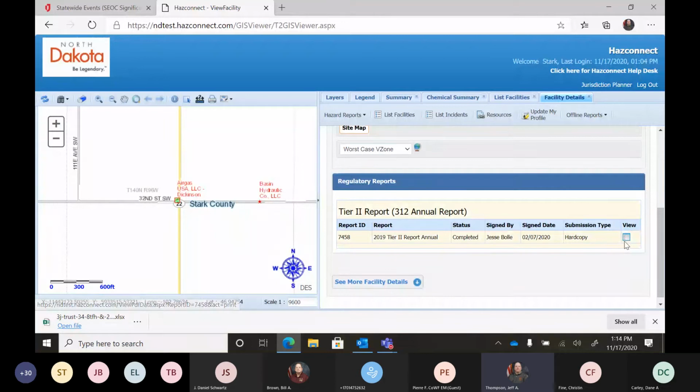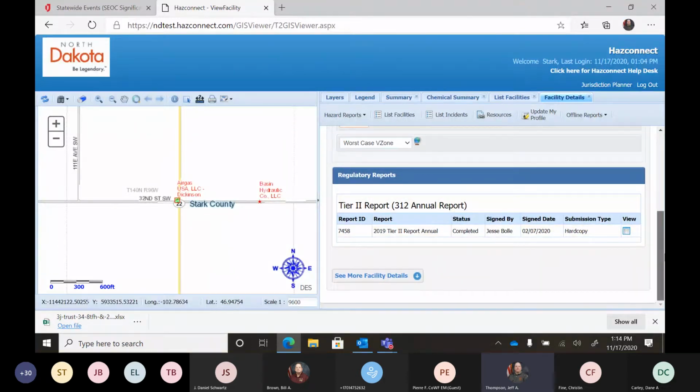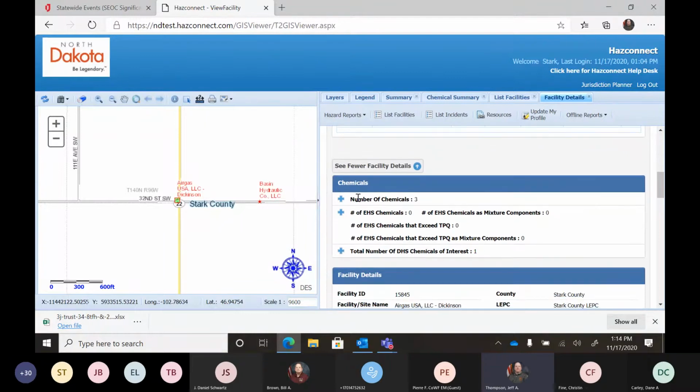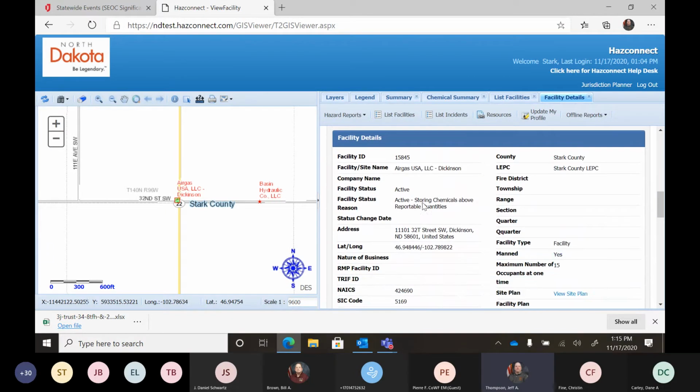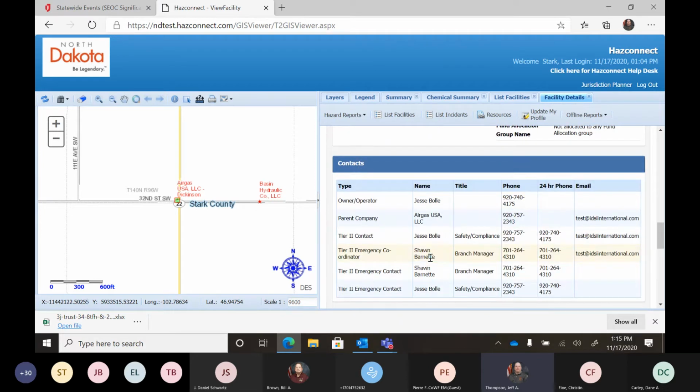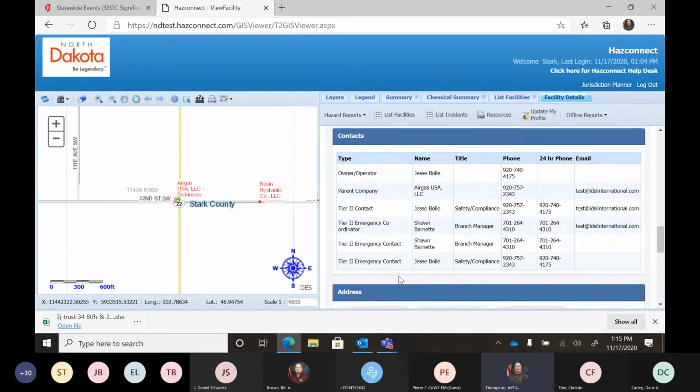And then it has the same view or hard copy of the last tier 2. We can go down here and see more details. Just another way to get that same quick information. Here's 3 chemicals on this site. The facility details are here, and here's the contacts. Just by scrolling down, I already got to those emergency contacts if that's who I needed,